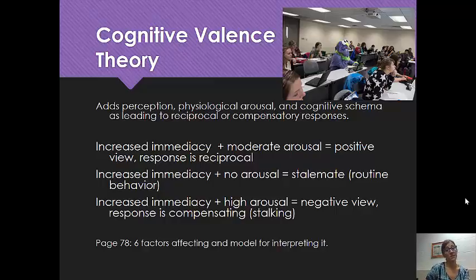So one of the things that comes up within cognitive valence theory is this idea of increased immediacy. Let me give you a very brief description: immediacy is a perceived closeness with someone. One of the things that often happens in relationships is that we use our communication to attempt to become closer to one another. Some things that instructors might do in a classroom to be immediate: they might respond to emails in a more timely manner. They might use more casual or friendly communication.